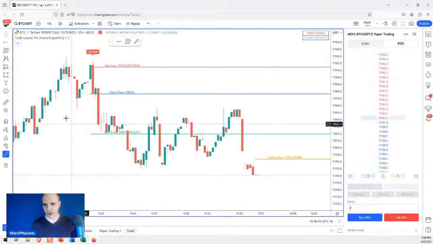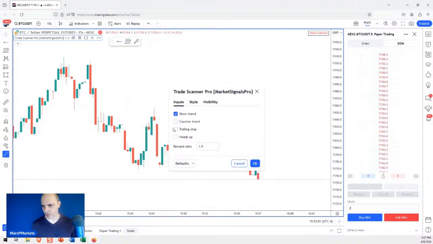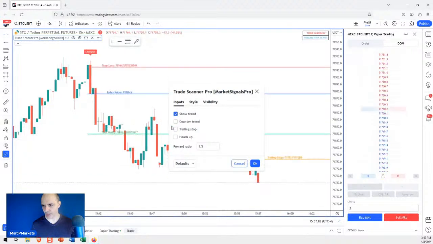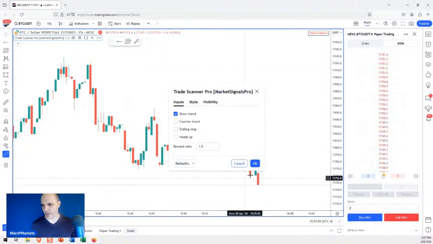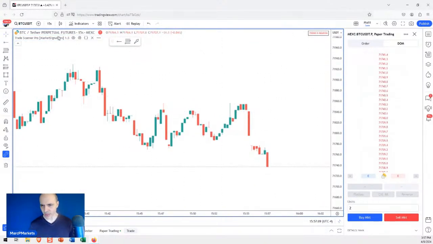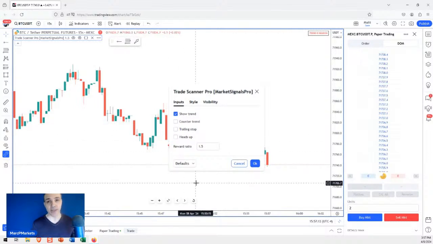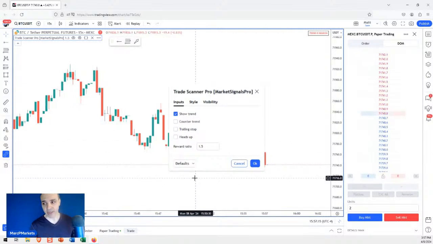Right? Now I'm going to take this off the chart because I don't want people to be confused. See, if I take the trailing stop off, it goes away. I'd like that trade to go away so I can show another example. But we're back in trend mode here, right? Now let me show you something. I don't have to have a 1.5-to-1 reward risk if I don't want. That's the standard setting. And that's how TradeScanner Classic works, right?